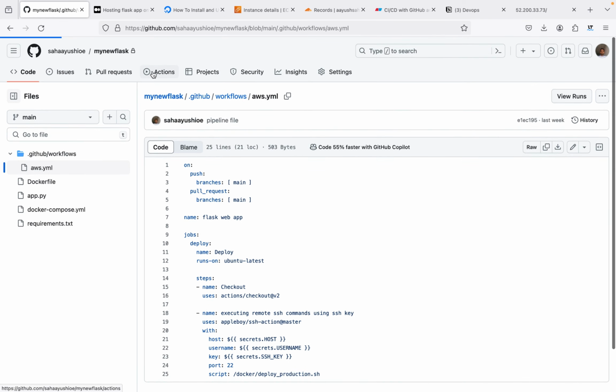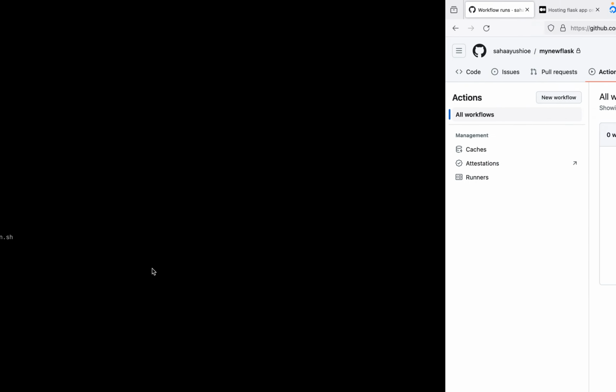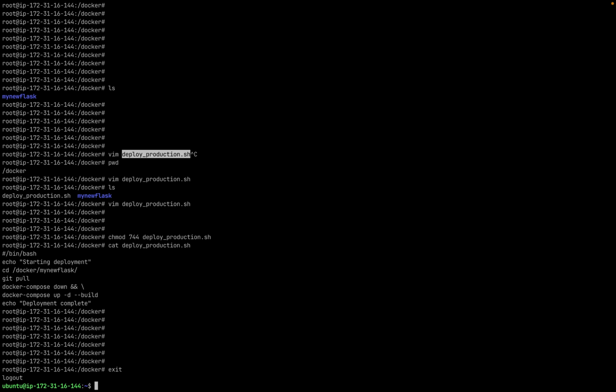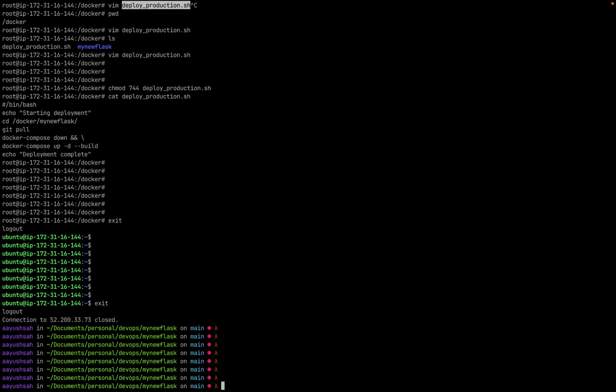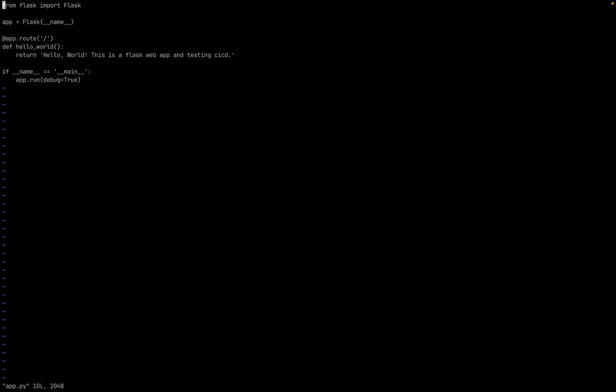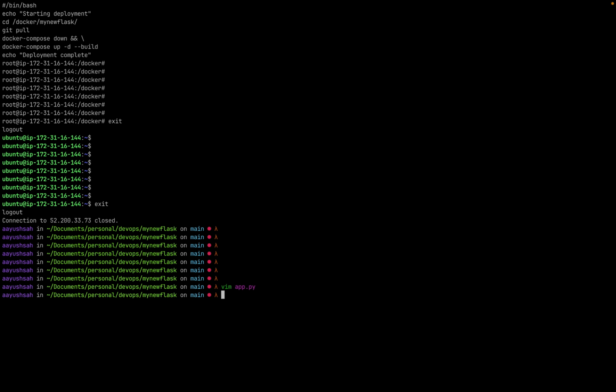Now what I'm going to do is, let's go to the action sections here and let's change something and push it to the Docker container. So I will put here testing CI/CD on AWS server. So just save this and then